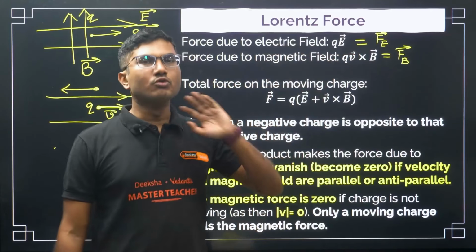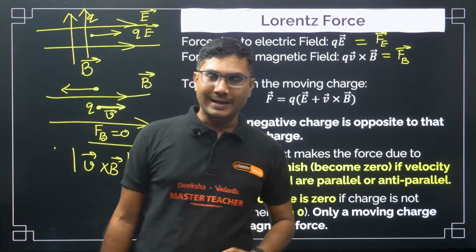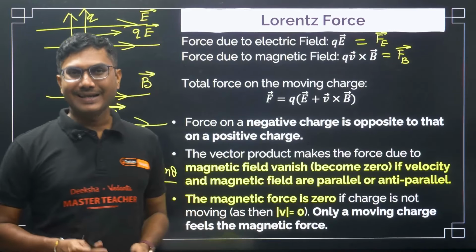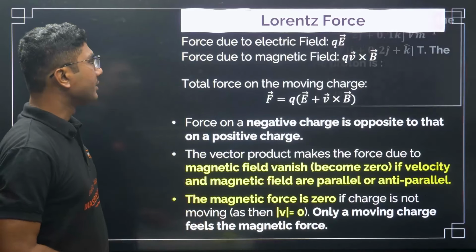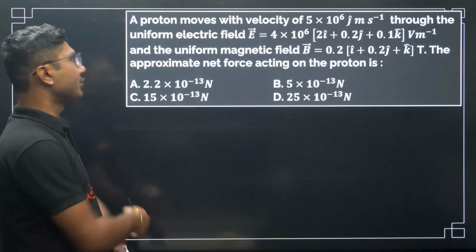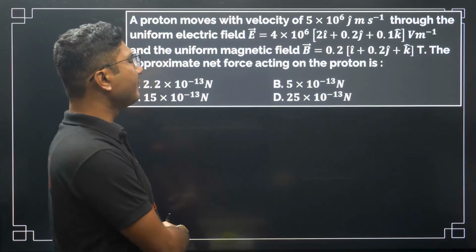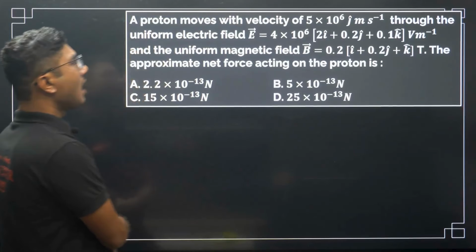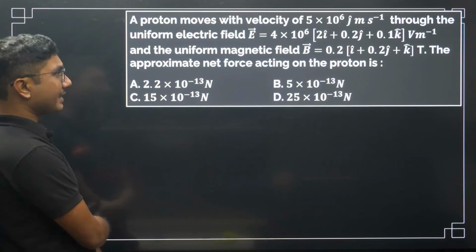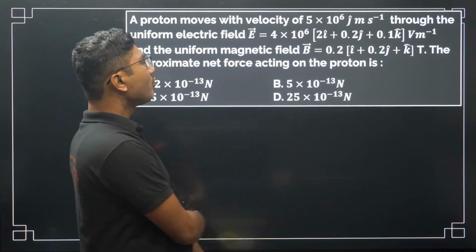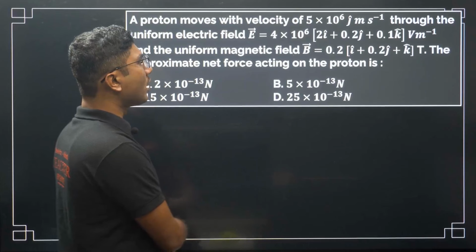So only moving charges experience magnetic force, static charges do not experience magnetic force, right? Now let's move on. Let's see one question. A proton moves with a velocity of 5 into 10 to the power of 6 j cap meter per second through a uniform electric field of E equals 4 into 10 to the power of 6 2 i cap